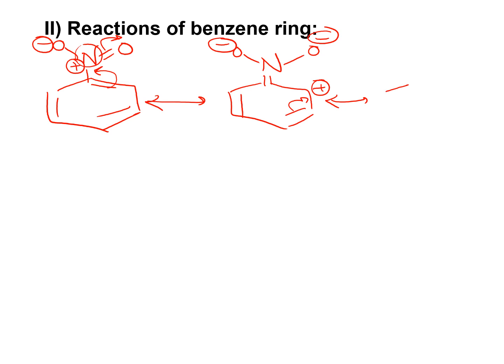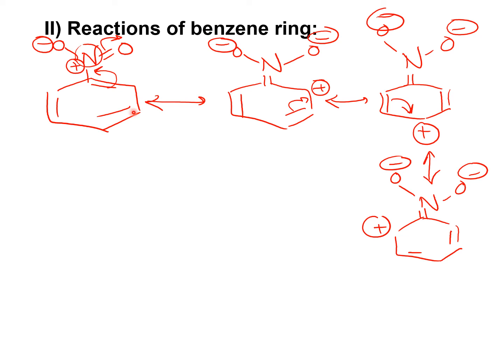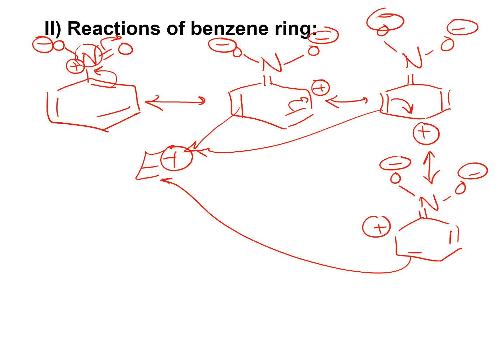If we stabilize by resonance, the positive charge will be moved to the para position, and with further resonance, the positive charge will be moved to the other ortho position. Accordingly, the meta position did not carry a positive charge in any of these situations. And accordingly, if you add an electrophile to these compounds, it will be introduced to the meta position, since it is the only position that did not carry a positive charge, and an electrophile is always looking for